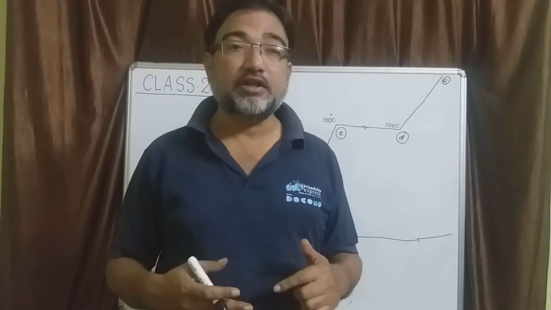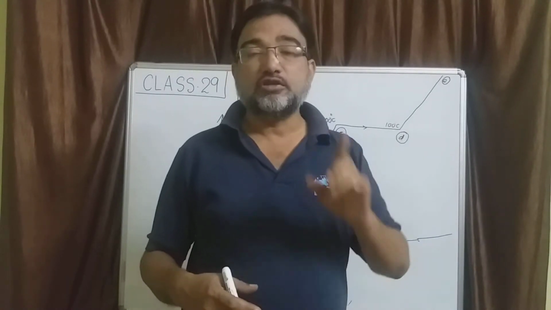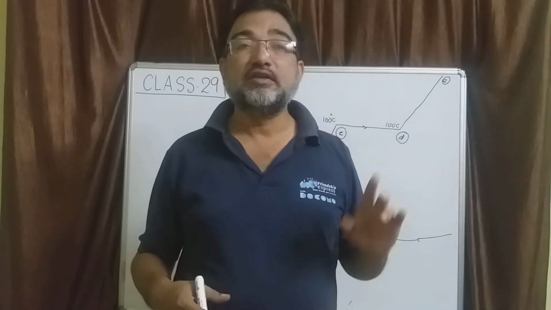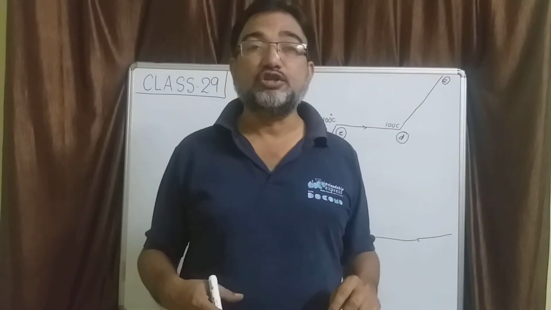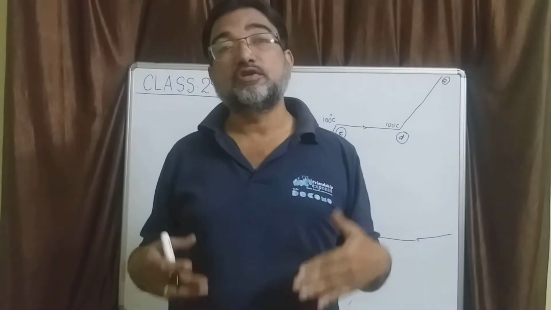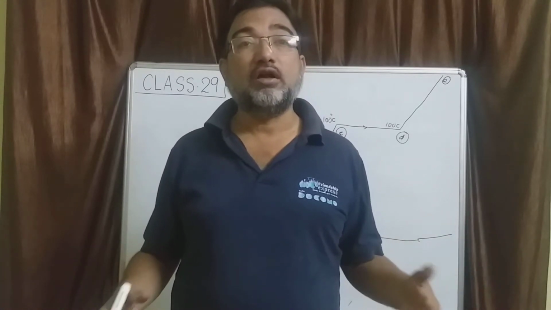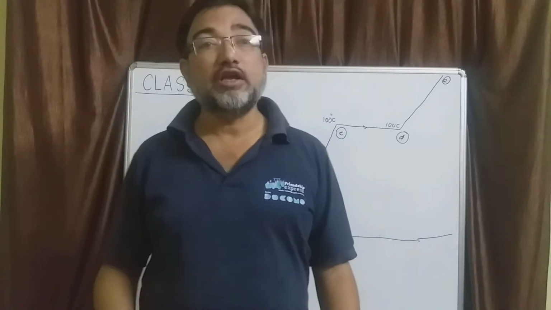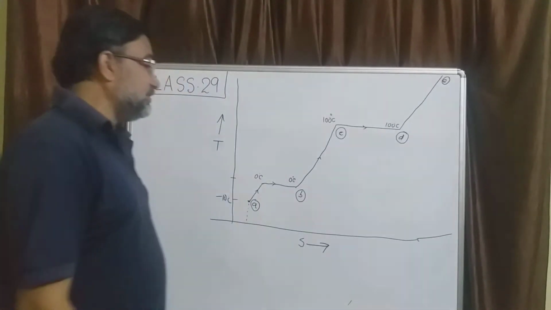Temperature is not increasing monotonically, because there are places where temperature remains constant. So the answer is, if you remember the entropy concept, dq by T is ds. If you are supplying heat, then ds will be positive. Here heat is supplied, so ds is positive. So entropy is continuously increasing, whether it is latent heat or sensible heat, no matter in what form the substance is absorbing heat, its entropy will continuously and monotonically increase. So in place of time, we can also place this property S on the x-axis.